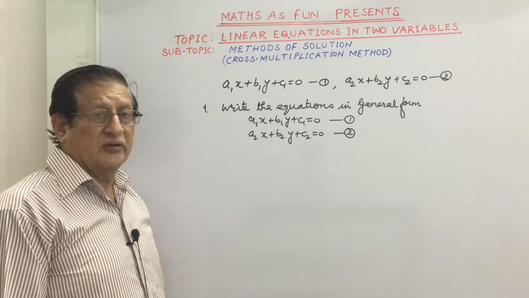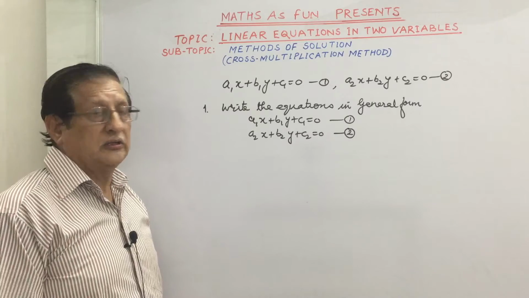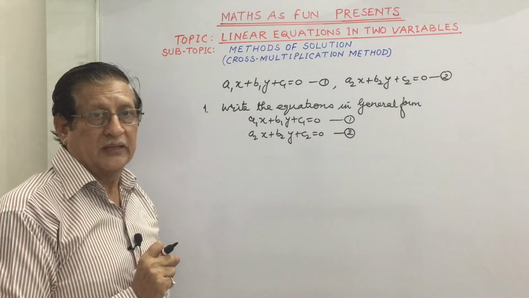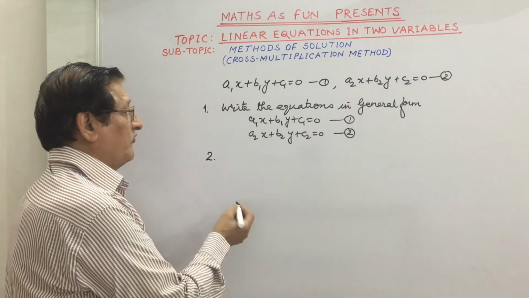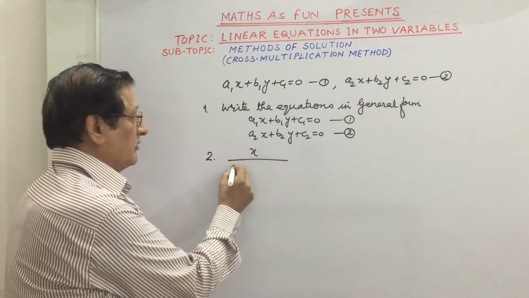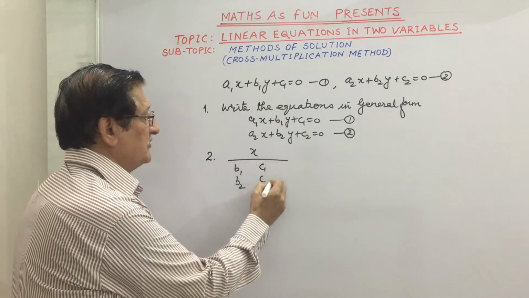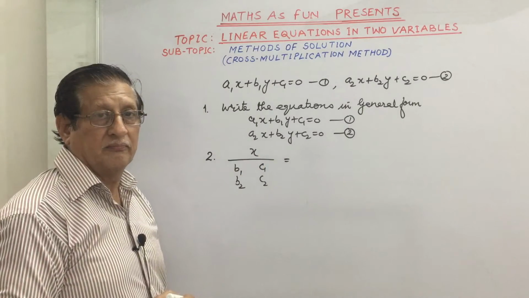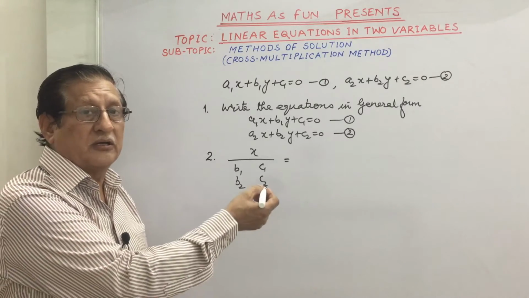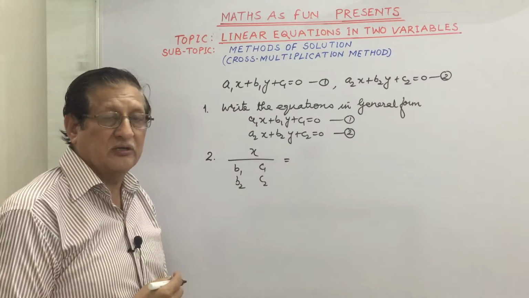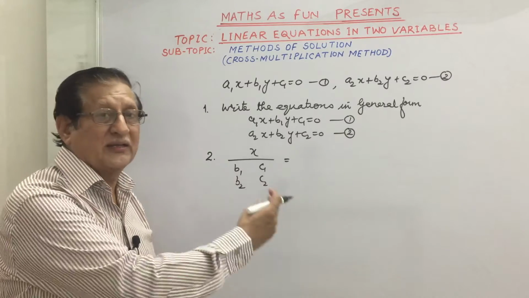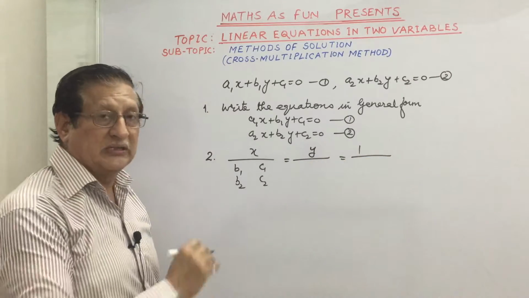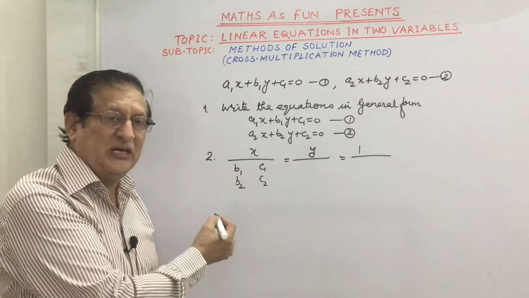One more thing I would like to add here. In the first step we have taken the same. In the second step, if you remember, we had written x upon b1, b2 and c1, c2 as two columns, equal to, we wrote here minus y. And sometimes it is seen that people get confused and forget to write minus y. In case you want to avoid that minus y, we can take here y only and here 1. But in that case, the system is to be changed, and that's a bit easier.